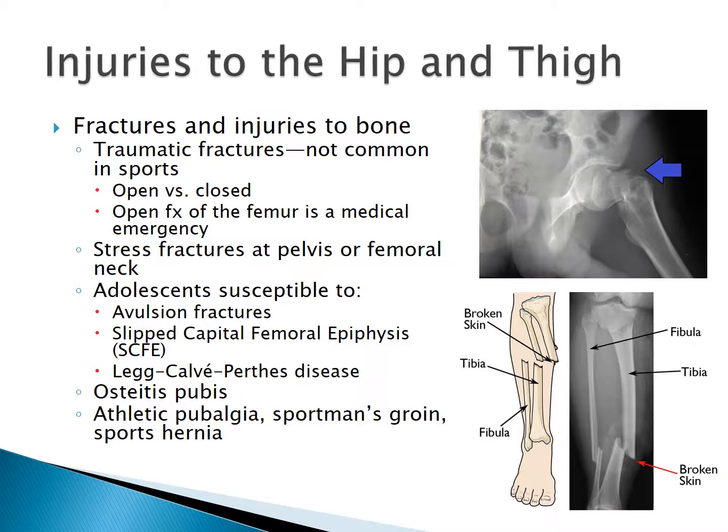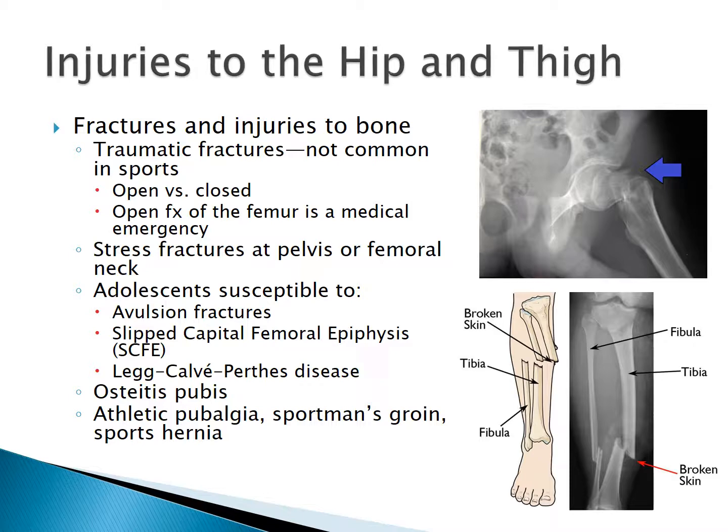Traumatic fractures to the femur or pelvis are not particularly common in sports. However, they can occur if there is significant force. A vaulting injury in track and field, falls with equestrian sports, or high-velocity direct blows would be the most likely mechanism for a traumatic fracture to the